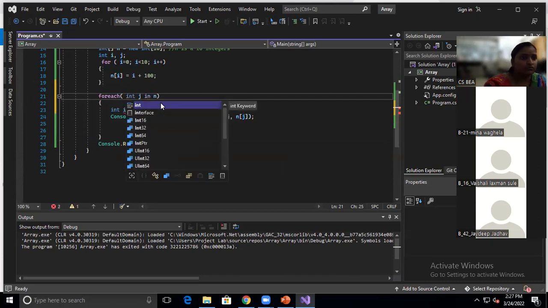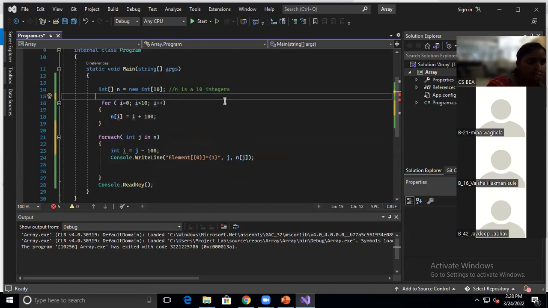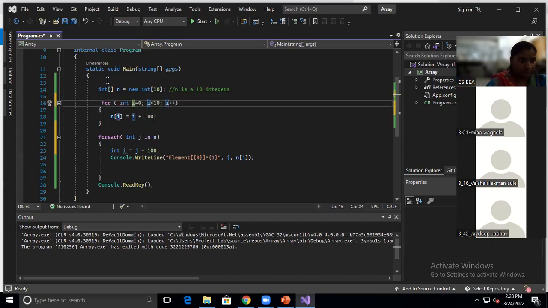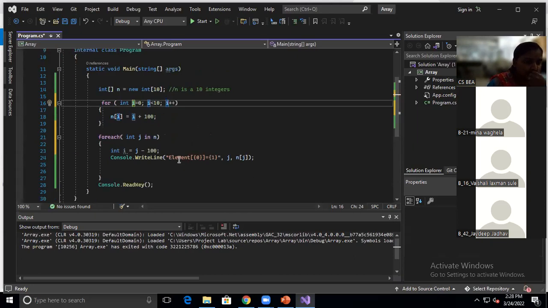This will not be able to use because I have already declared it here. Okay, fine. There is some issue with that value. Okay, we'll consider foreach. It has similar syntax to your